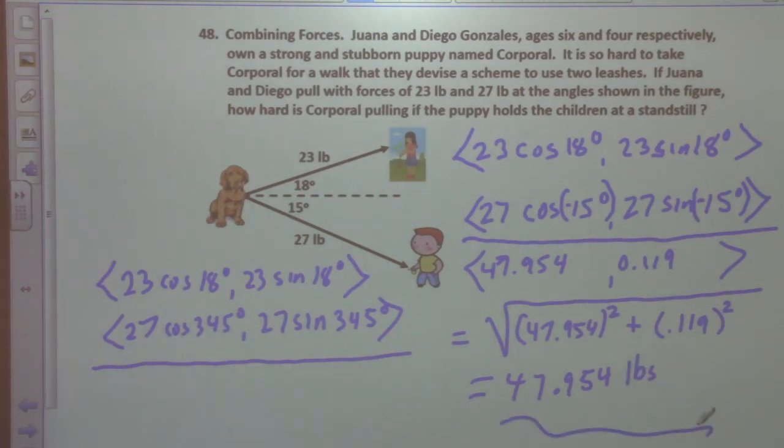Do you notice that it's the same thing here? It's the same thing as the x component. So what is happening here? It's like the y directions canceled each other out, and so all you're left with is the x force, essentially. So that's going to be your answer to that. Questions on that one? Okay, next, let's go to